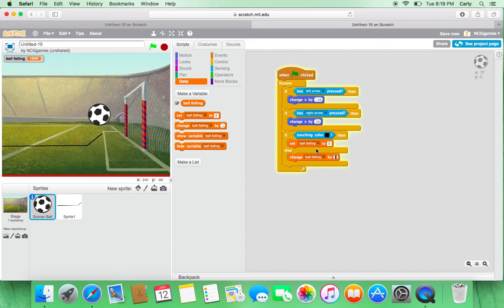So what we want to do is we want to change this to -2. So you want to set ball falling to -2. We're going to act like this is a lot like a y coordinate. So it's going to be going down. Alright,